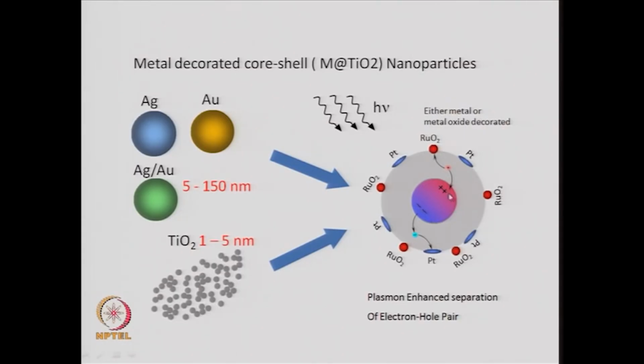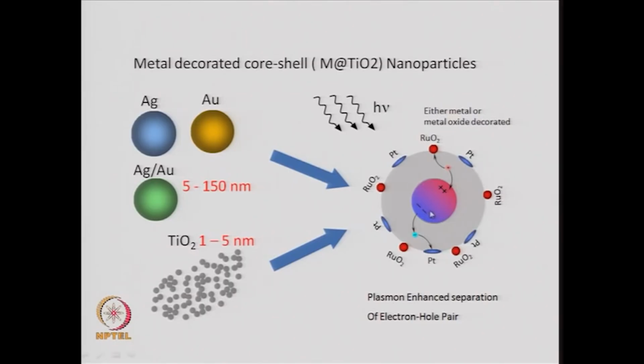So, then the electron will remain in the core and the hole will go to the surface. Depending on whether you have put platinum or ruthenium dioxide on the surface of the TiO2, you can have the hole on the RuO2 surface. So, the hole will be removed from the metal, or if you put metal particles like platinum on the surface of the TiO2, then electrons can be removed more effectively,